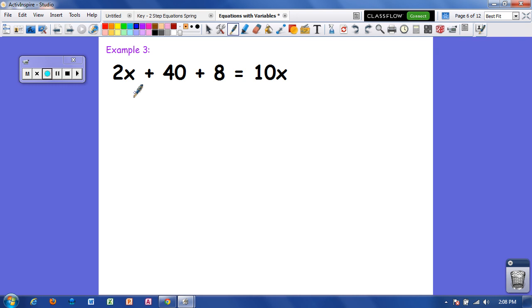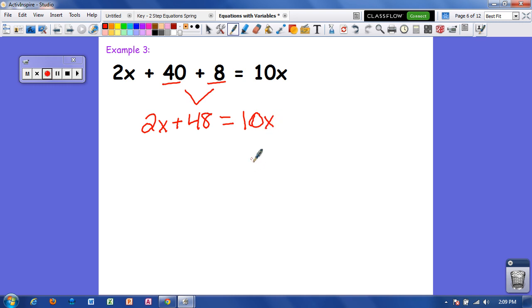Example 3, we have 2x plus 40 plus 8 equals 10x. Well, now we have like terms on the left side of the equal sign. We have this 40 and this 8. So we're going to take 40 plus 8 and combine them to make 48. And then I'm just going to bring everything else down. So we have 2x plus 48